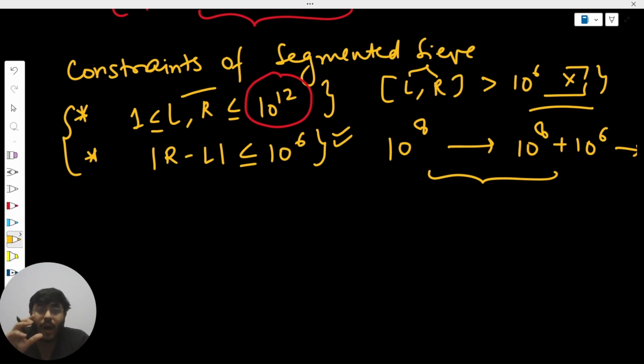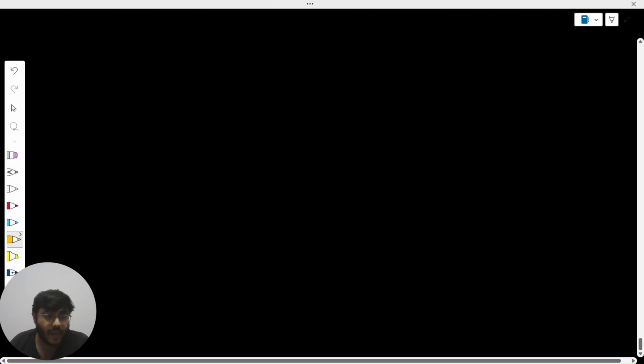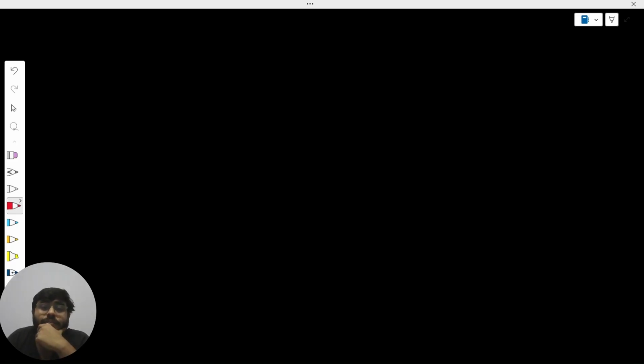So how does segmented sieve actually work? For this, we need to go a step behind, and let's talk about how we actually calculate these things. Let's say I want to calculate all the prime numbers from range 50 to 100. The first thing that comes to mind is the divisors of a number. As we have discussed in previous videos, the divisors of a